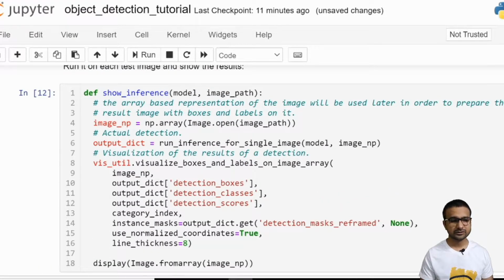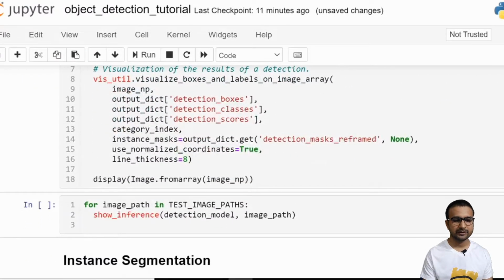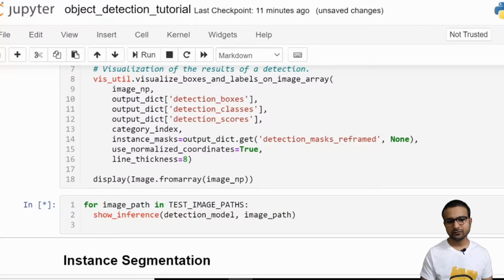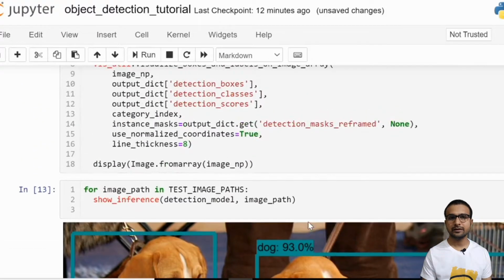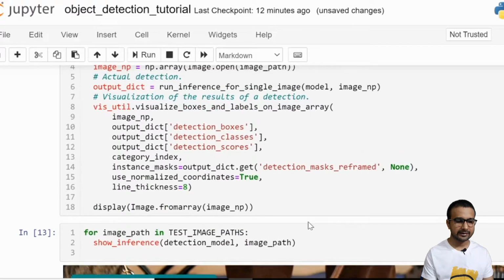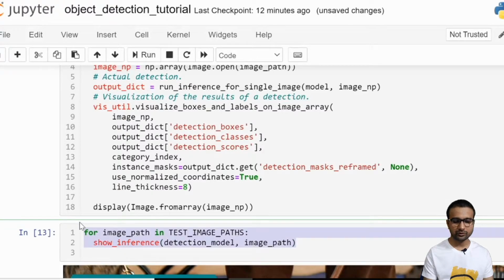So here comes our final implementation part. Guys, if you remember, we were running this image path in test image paths, and it was detecting some dog images and the kite image from the dataset. Now instead of these images, we are going to use our own videos. For doing that, we will need CV2, and we have to make some basic changes within this code. So let's import CV2 over here. I'm going to comment this out.